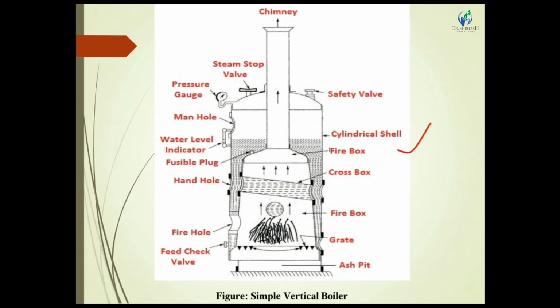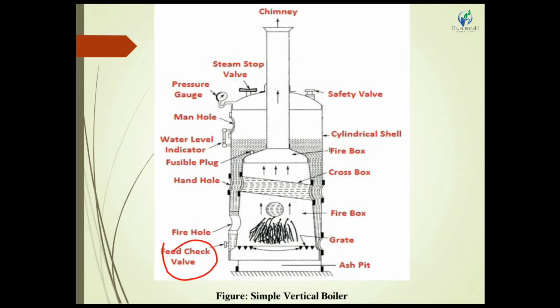The cylindrical shell is the part of the boiler where the steam that forms is collected. Safety valve: the safety valve gives safety at higher pressure. If the boiler operates at a higher pressure and no safety valve is provided, the boiler will blast. At the critical pressure, the safety valve operates and protects against the higher pressure.